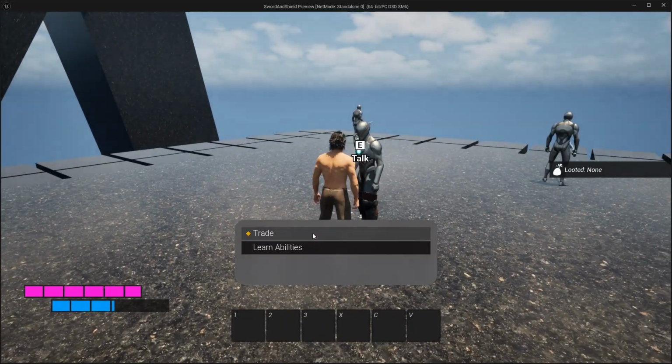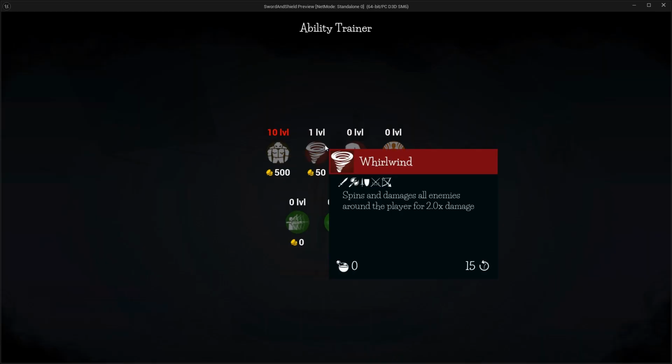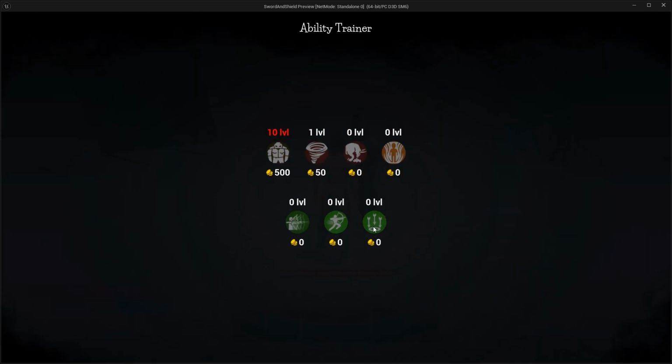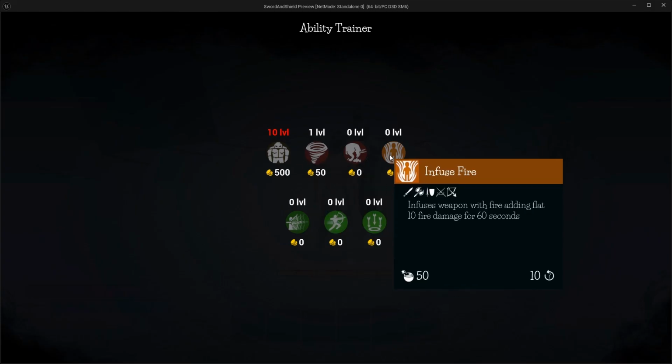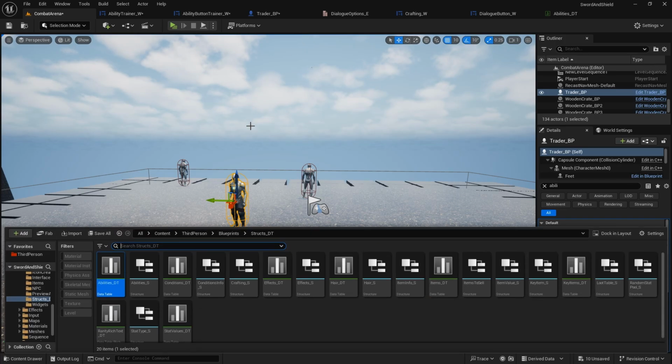Then if we go to learn abilities, there we go, this is now red because we can't actually learn it, and you can see the gold cost is displaying correctly. All of them are grayed out because we can't click on it, and that's just because at the moment we have already learned all of the abilities in the player, so that's why the grayed out button is disabled. So to change that, let's go to player,